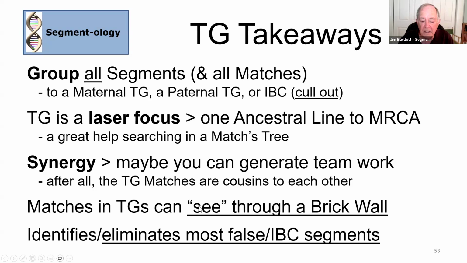And these triangulated groups can see through a brick wall. So I have several cases of a whole bunch of third cousins all match, and then there's no other fourth cousins or fifth cousins in that triangulated group that match. So I went,